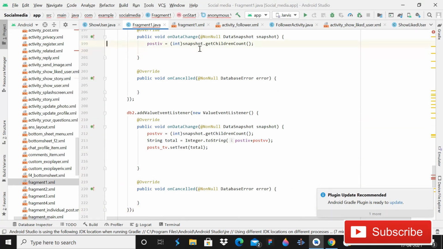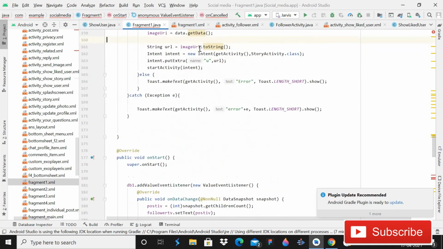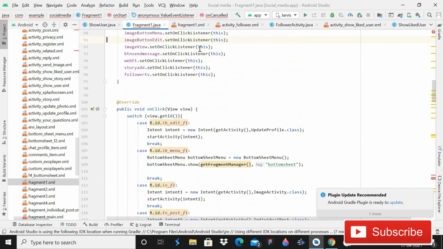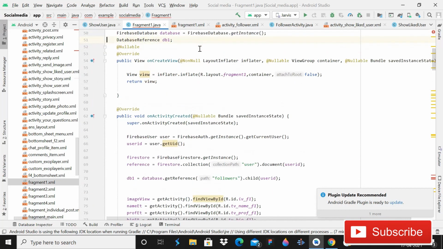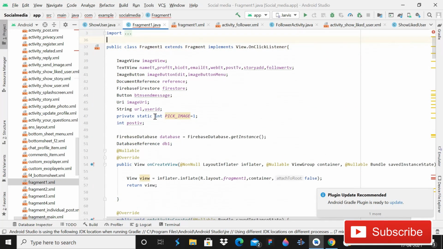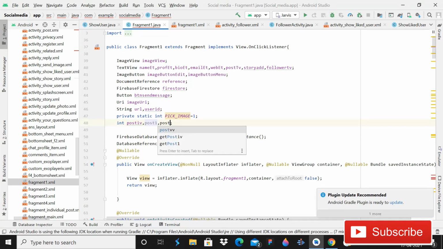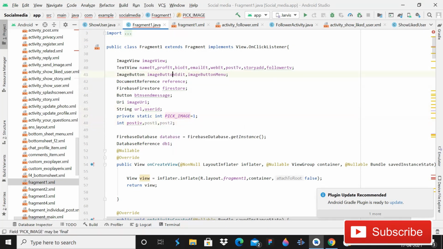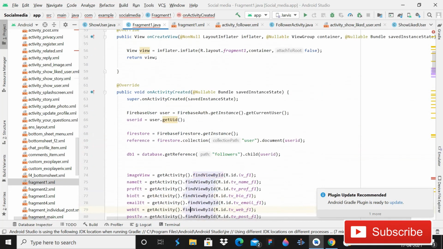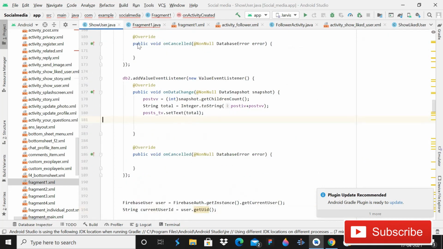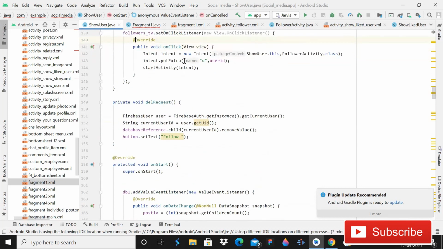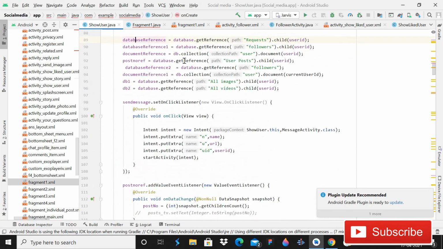Now it's time to add two more integers, and make them post 1 and post 2, and then for database reference make them db2 and db3. Then open this show user again and go back above here, because we need that reference for a particular post.